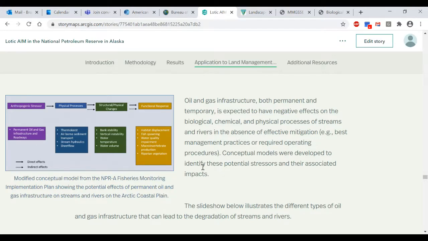And within this document, they developed a bunch of these conceptual models. This is just a modified conceptual one we added in here that really kind of drives each infrastructure and the potential direct and indirect effects on those different processes and how they may affect those.